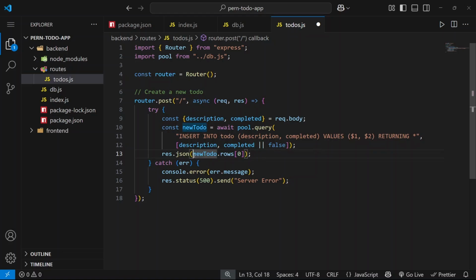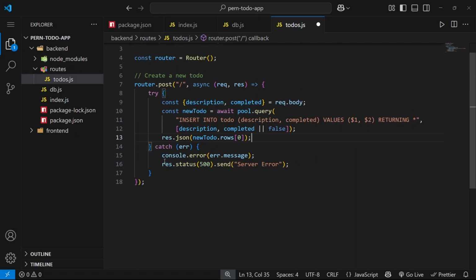And newTodo.rows will contain an array of the rows returned by the query. Since we inserted only one to-do, we want the first and only element, so that's why we have 0. Great. And in case of some errors, as I have said,